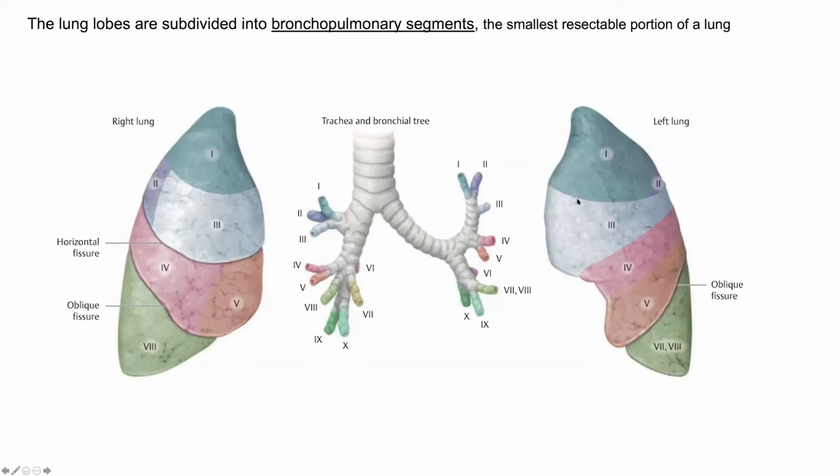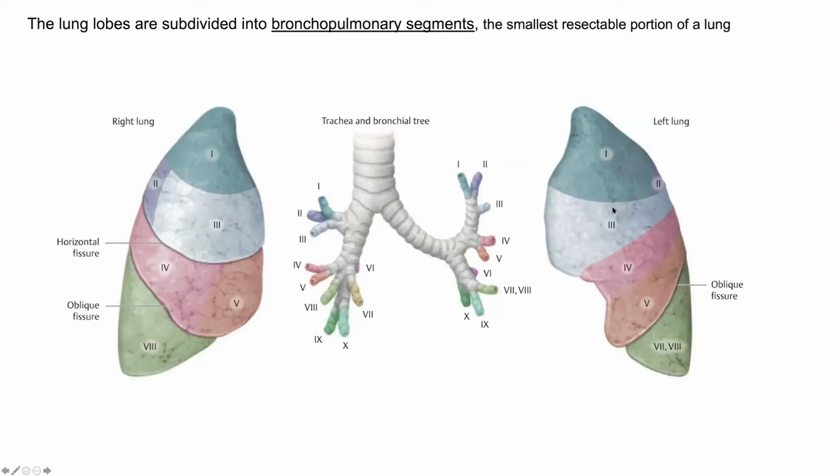And as I have said, we have 10, and it is written on top of the slide, the smallest resectable portion of the lung. So we can cut this part from a lung, and the rest of the lung remains functional. There will be no effect on the performance of a living lung. So that is its significance, that is its importance. It is the smallest resectable part. If we can take this chunk out of a lung surface, it will not be bothering our patients. And at certain locations, we need to do that.